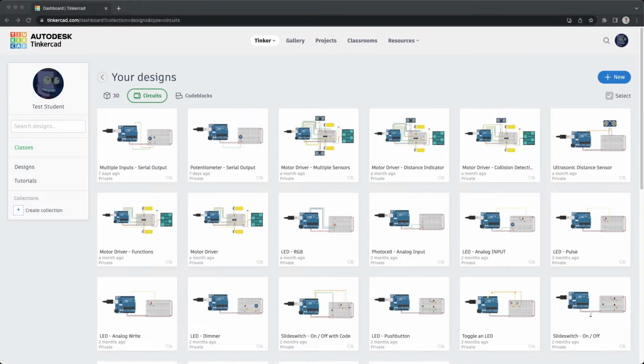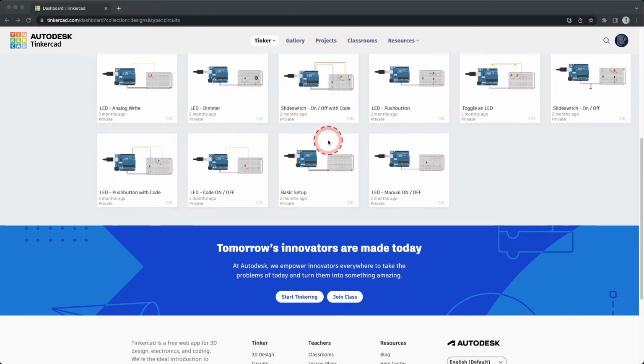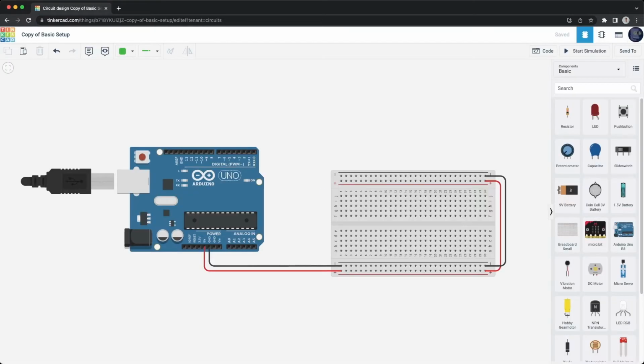Start off by logging into Tinkercad using your course username. Select Circuits in the menu under your designs. You will see our basic setup circuit that we made in an earlier video. Hover over the circuit and click on the gear in the top right-hand corner. Select Duplicate. Click the name of our circuit in the top left corner and change the name to